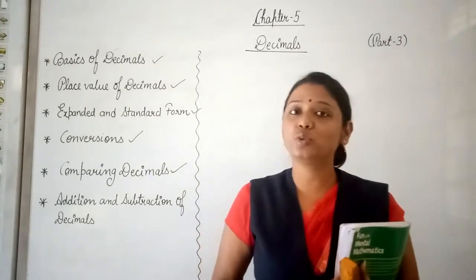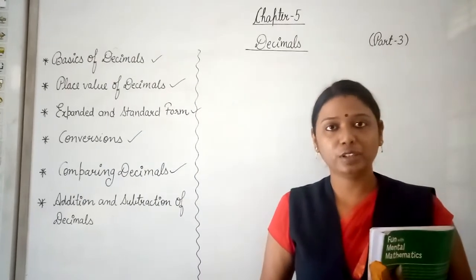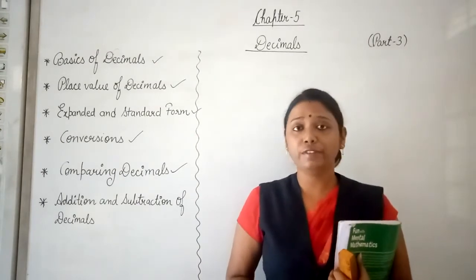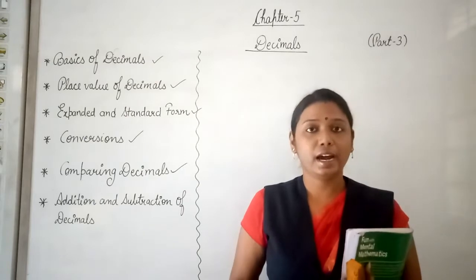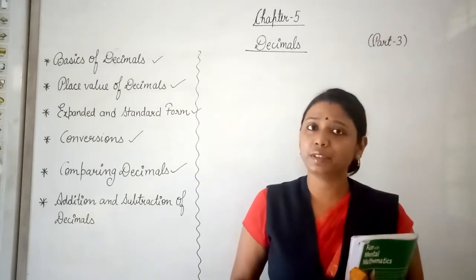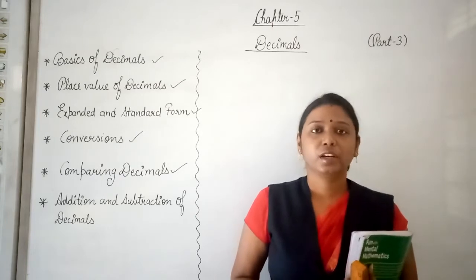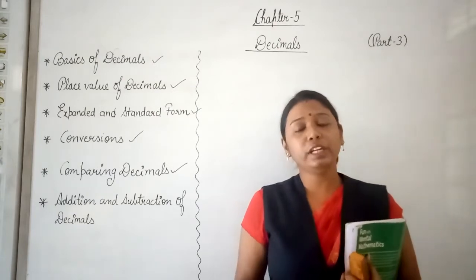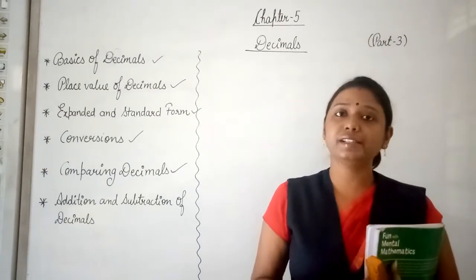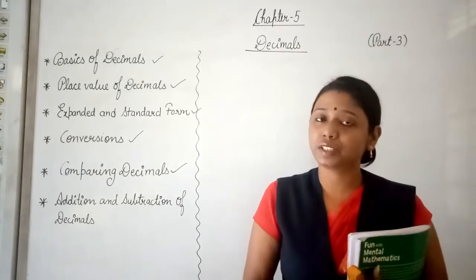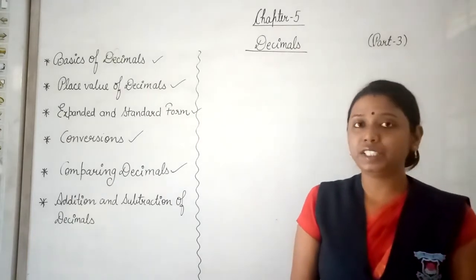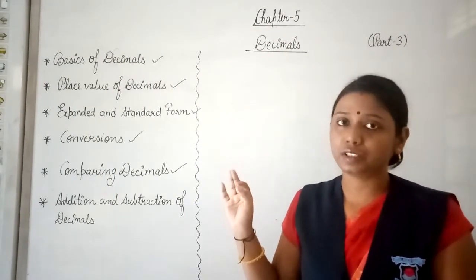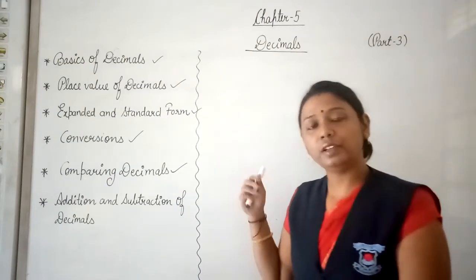You all know how to add or subtract natural numbers or counting numbers. But in today's class we will be discussing how we can add or subtract decimal numbers, and it will be very easy. The rule of addition and subtraction will remain the same. The only thing we have to keep in mind is the arrangement of the decimal numbers. We have to make sure that while arranging the decimal numbers we put the numbers according to the decimal point. Okay, how? It will be clear to you.